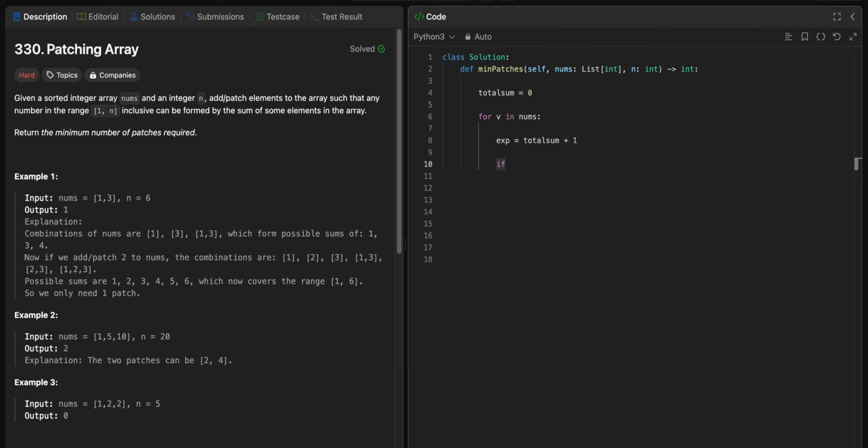Now if my value is less than or equal to my expected value, it's fine, right? What I want to do is now take my total sum,